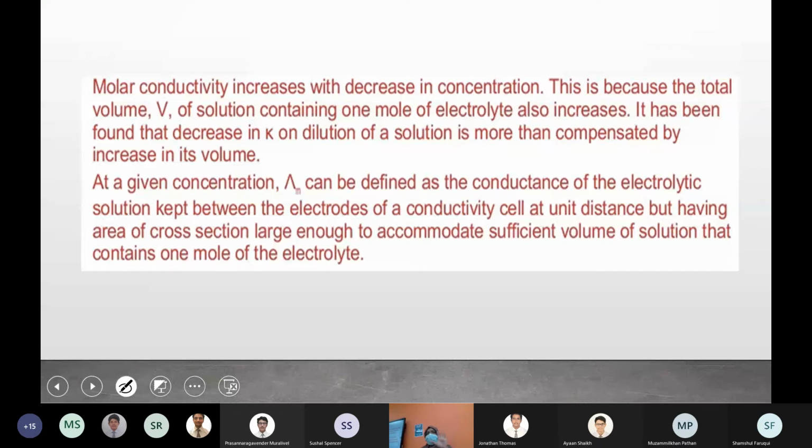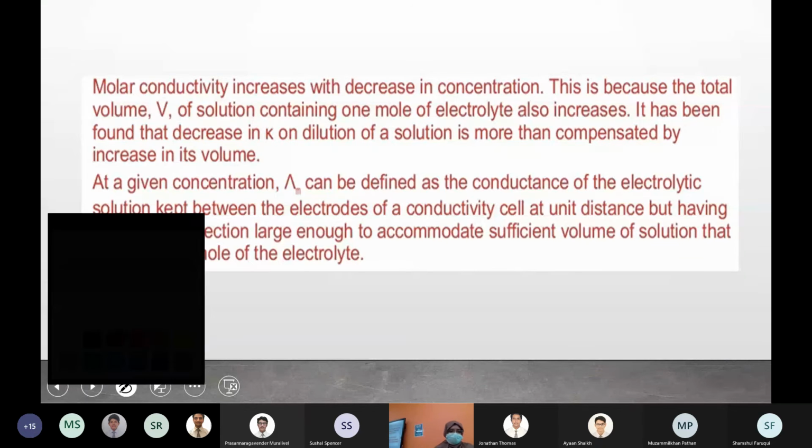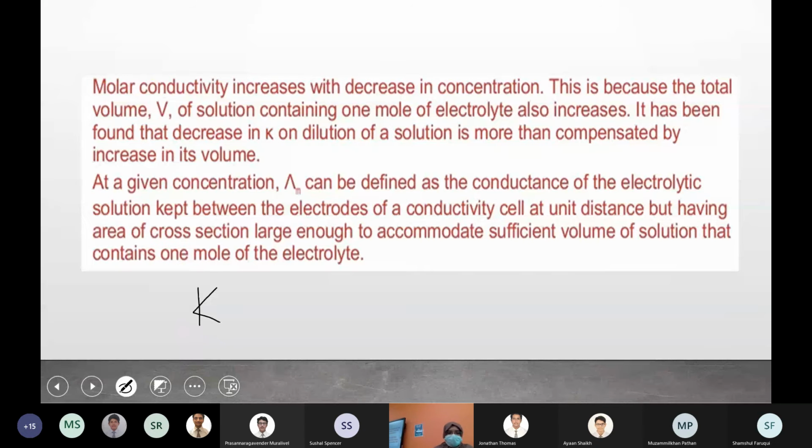Okay, so now we found that molar conductivity increases when you dilute, and the reason is more volume is available, so ions can move more freely. But why for strong and weak electrolyte is there a difference in the increase? For weak electrolyte the increase is more, but for strong electrolyte there is only a slight increase in the molar conductivity on dilution. Why is it so? What is the difference between KCl and acetic acid?